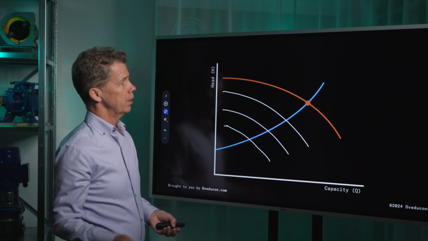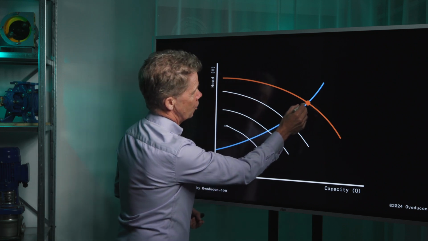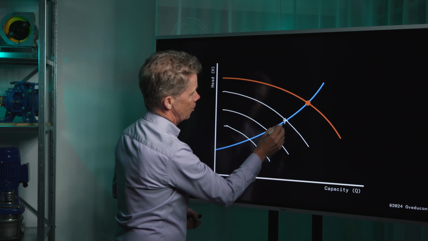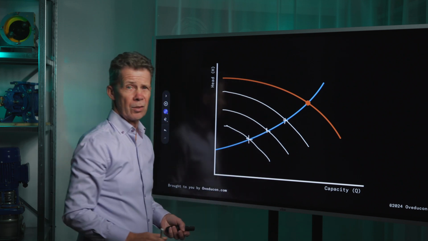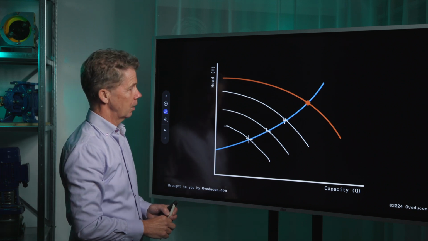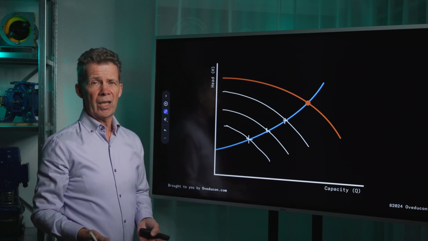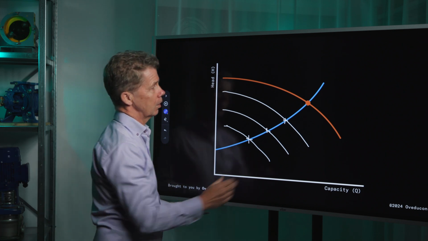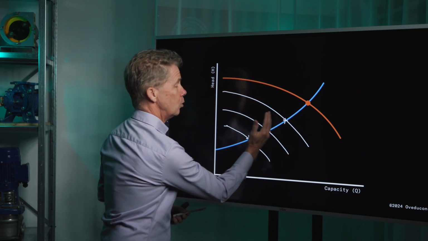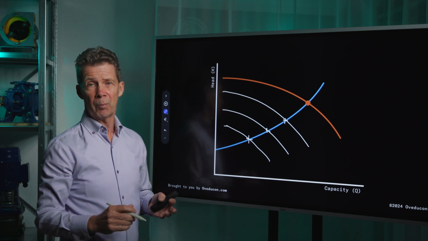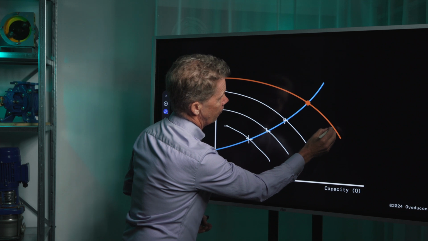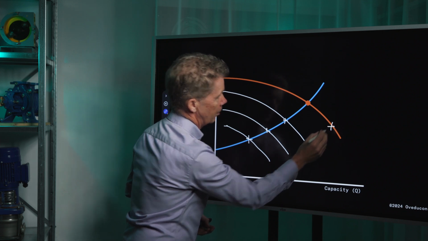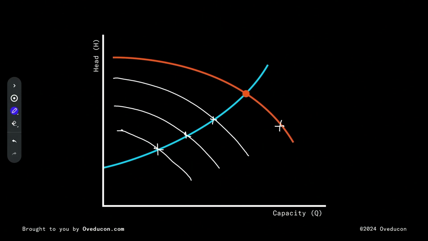Hopefully you see it already. This is your operating point. Because you have a static head or an end pressure, your operating point is moving to the left in the pump curve. So if you have a pump operating point here, and I draw in a new system curve,